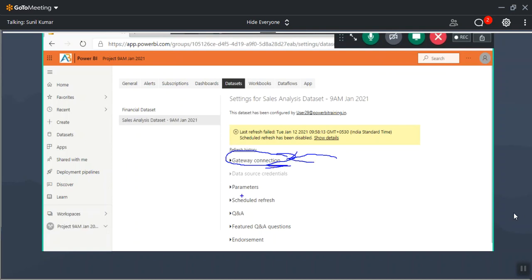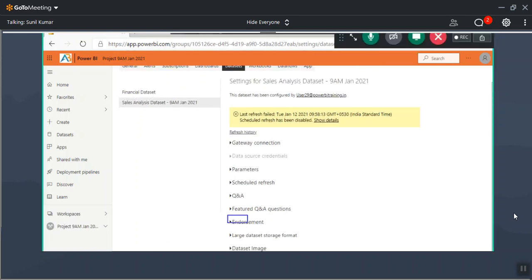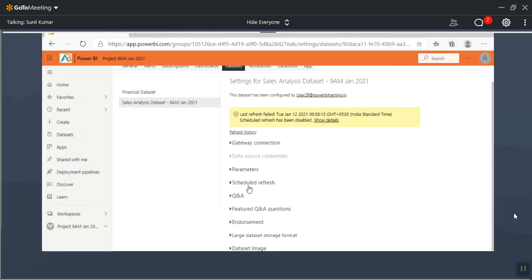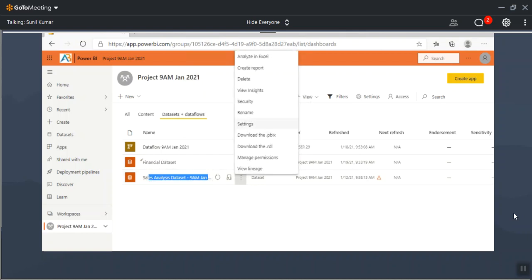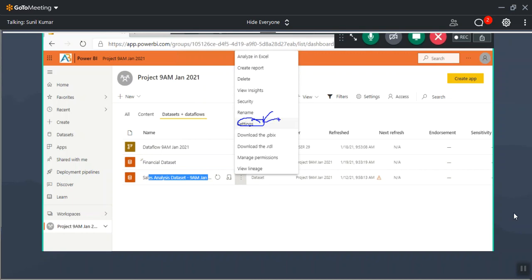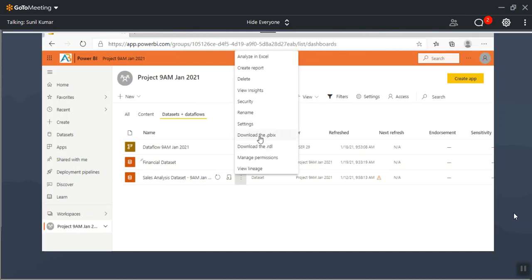Sometimes we will change parameters, and we'll come back and discuss some settings here. Endorsement, what is this endorsement? Schedule refresh, when you want to schedule a refresh, we'll discuss it. Whenever you want to change any default settings for any data set, we'll go to the settings and change it. I'll discuss the important options. Next, download the PBIX file.